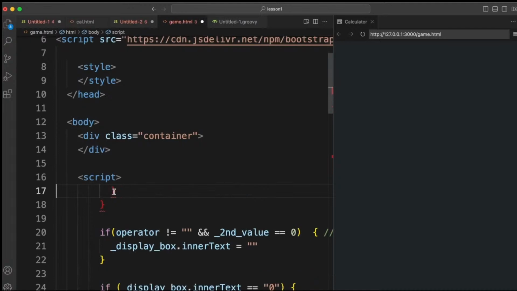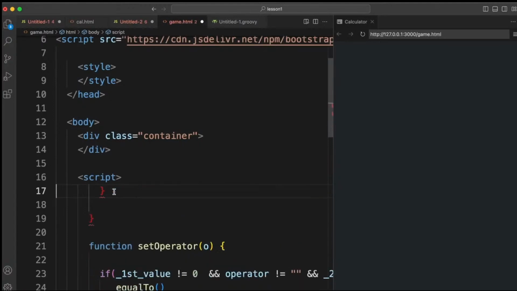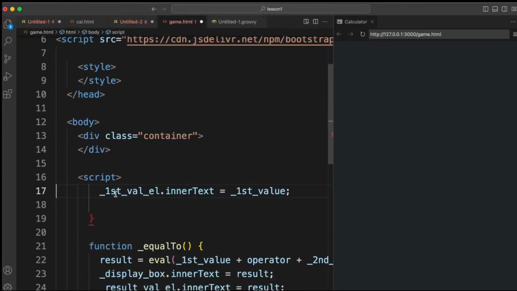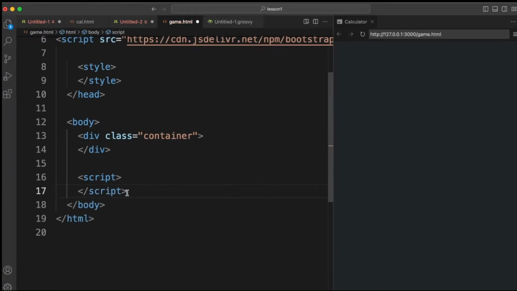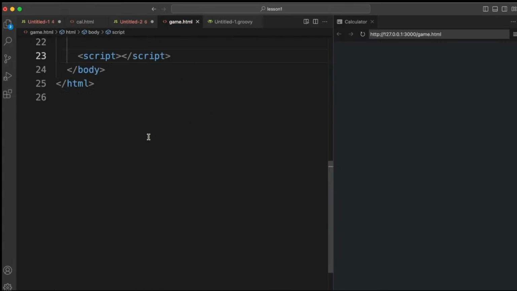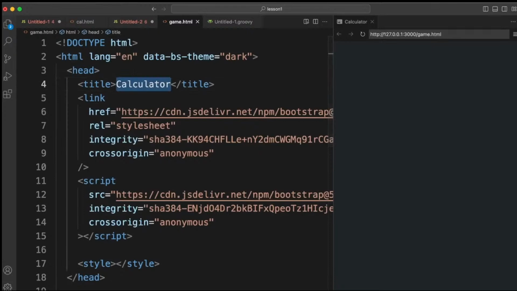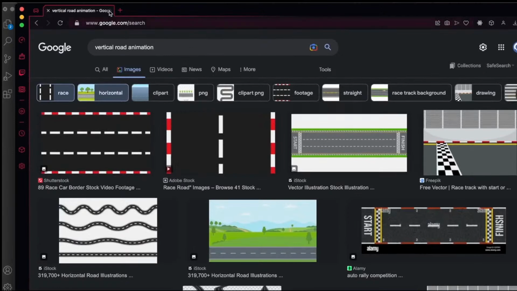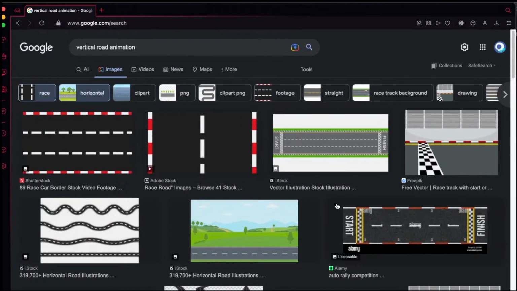Let's look at the game we want to design. I want to delete all the script we've written. Yes, we have a blank app. Then I'll call this game. Right, we're good. So what we want to design, I've gone ahead to start prepping for it, and the idea is for us to do a game that will require a car race,